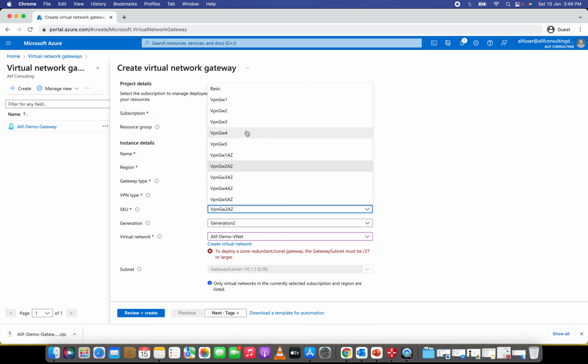and then we have plenty of SKUs. All of those SKUs have their own limitations. With G1, G2, G3, the only limitation is the speed. The rest of the things remain the same. With the AZ SKUs, it's going to be deployed in the availability zone, which allows for redundancy. And with the AZ, we can have multiple VPN gateways running in both regions. So I'm going with the VPN GW1,